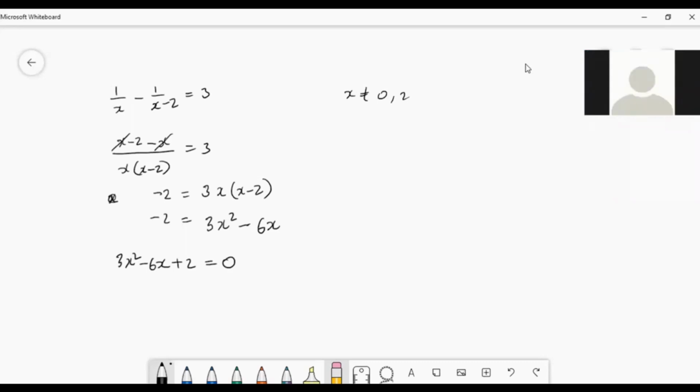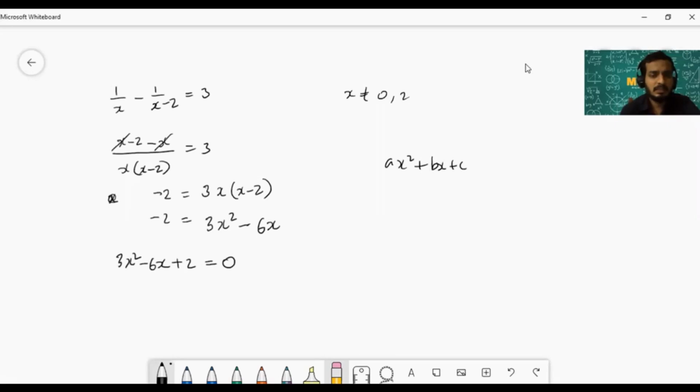How can we confirm it is in general form? The general form is ax square plus bx plus c is equal to 0. Here it is in the same order: x square term first, the next term, then the constant term, equal to 0. Then we can identify A, B, C, and apply the formula.